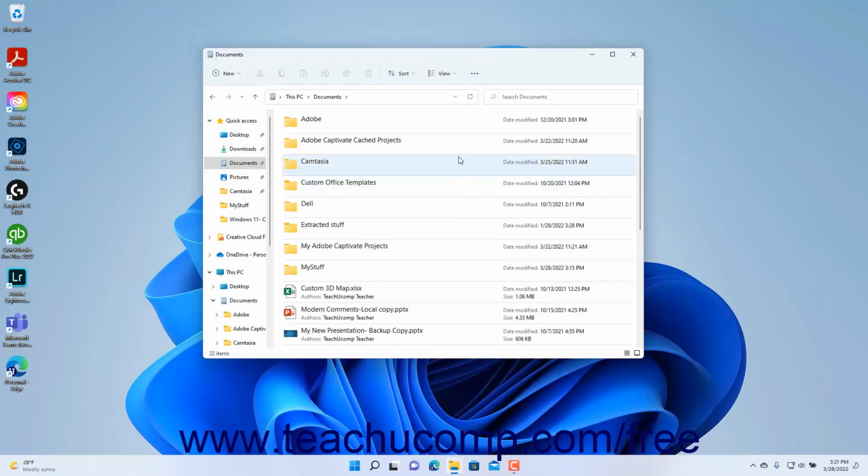To change the view of the files and folders shown in the right pane of the File Explorer window in Windows 11, click the View drop-down button in the ribbon at the top of the File Explorer window. Then click the name of the view to apply from the choices shown in the section at the top